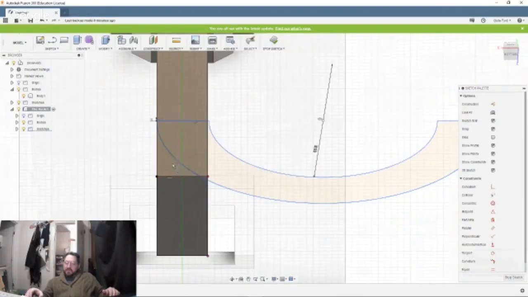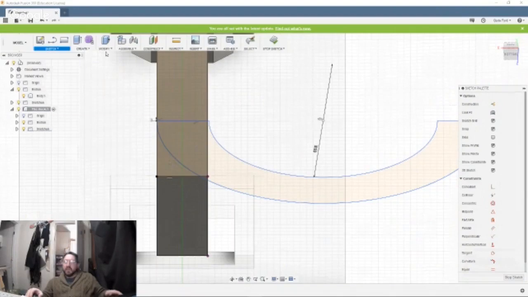You can actually fix that now. Just do another offset of that half line and bring it into it. Don't trim it. You've got to escape out to get to the trim. Get your escape key.